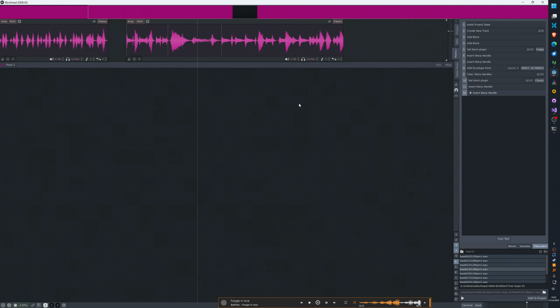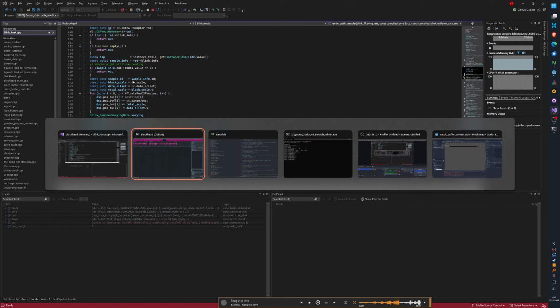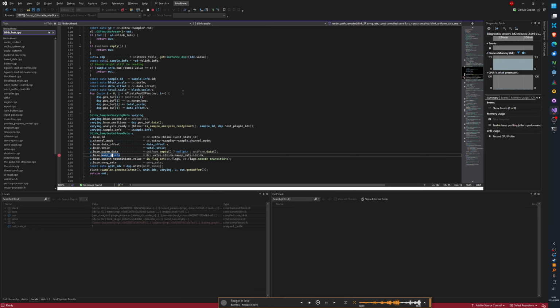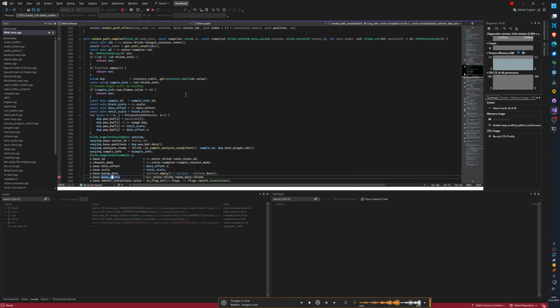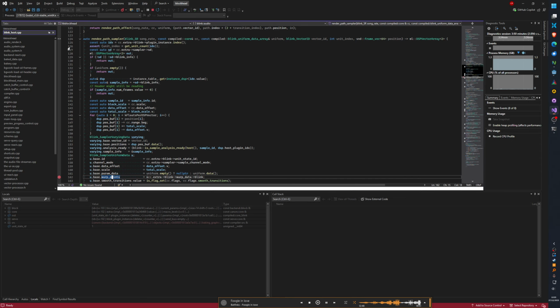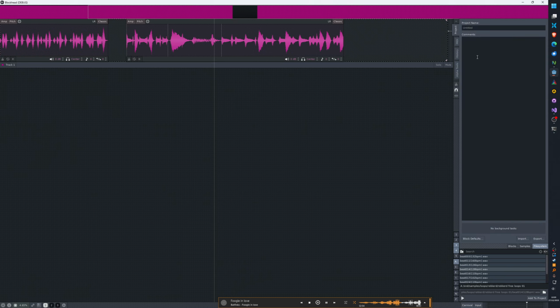Well, that's not even happening at all. Render path sampler. I must do this. What? How is this working? Is this not rebaking?